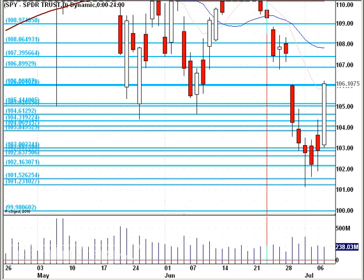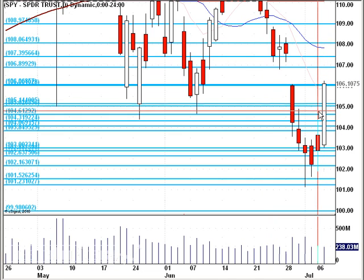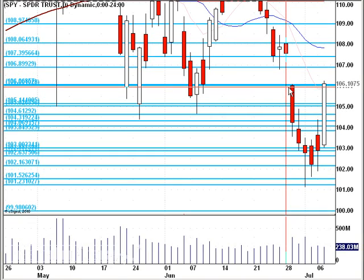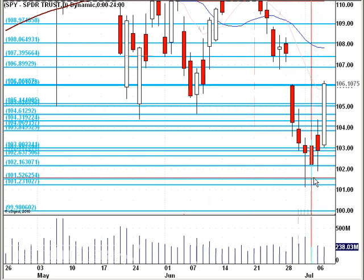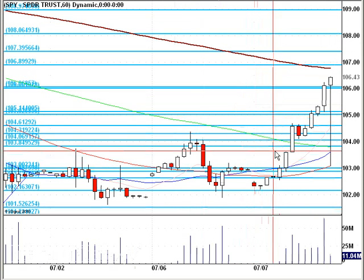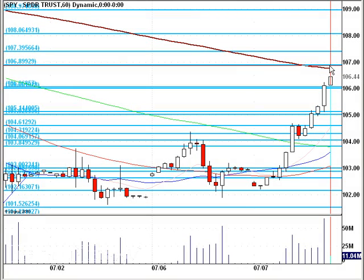Nice finish. Beautiful up bar all the way blasting past the 105 into the 106 mark. The beginning of a perfect gap fill from even this higher swing low we were trying to put in after a serious lower swing low, again just a daily chart of the SPY. If you zoom in intraday, even a 60-minute chart shows a huge move all the way up to the declining